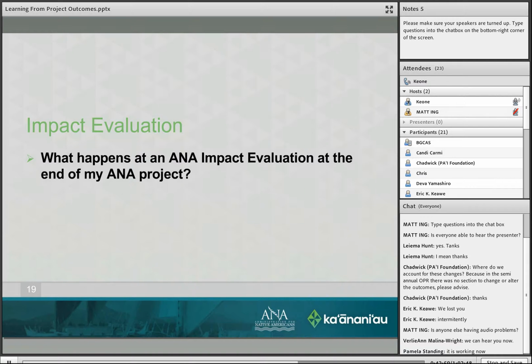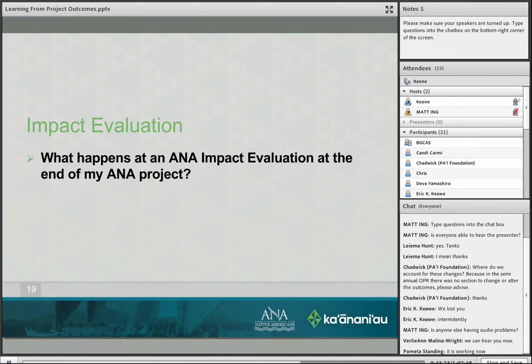And oftentimes, it's all the time, impact evaluations are on the last year of your project. And so they want to see what impacts have occurred. What are some of the outcomes that have occurred that would impact your community? Oftentimes, your short-term outcomes might turn into long-term outcomes.